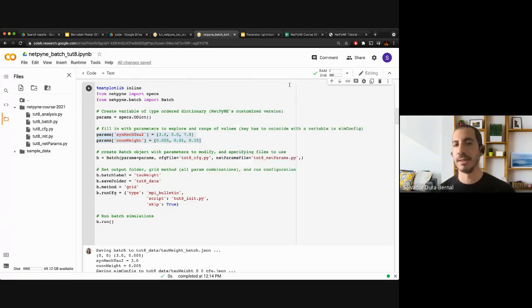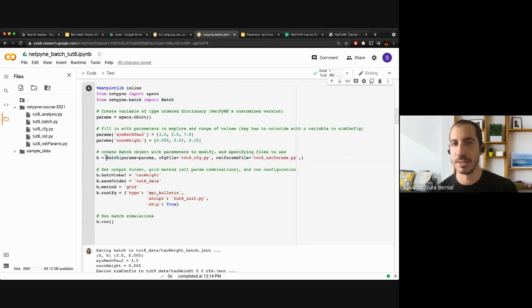So it's always set in the same way. At the beginning, this can be a bit confusing to wrap your head around, what is this structure in these 3 files, but you will get the hang of it because it's very similar for all the batches that we set up. Okay, so once we have defined the parameter values, the next step is to set up this